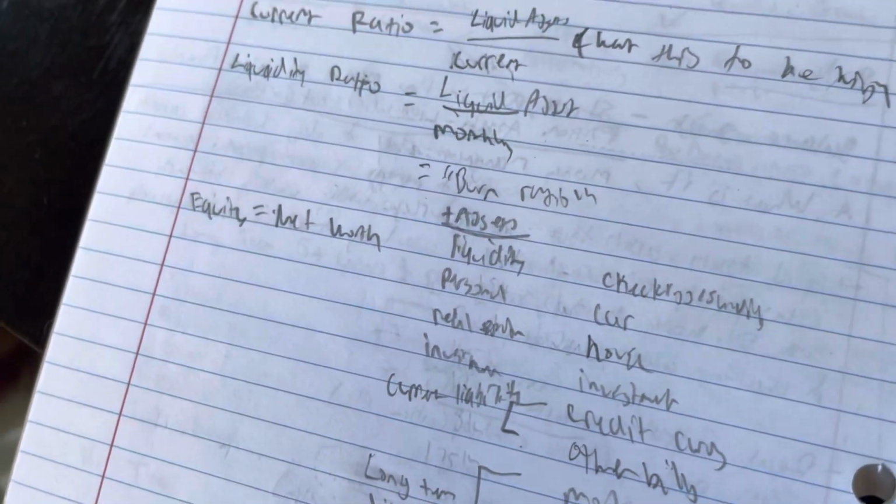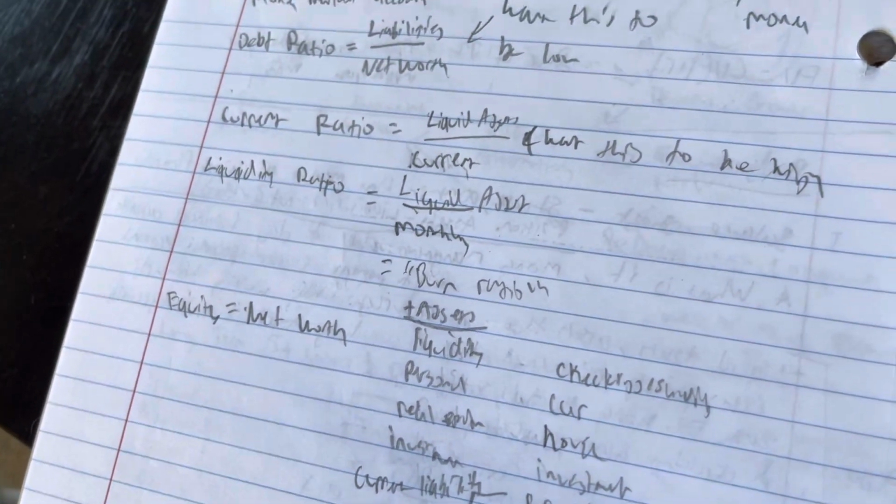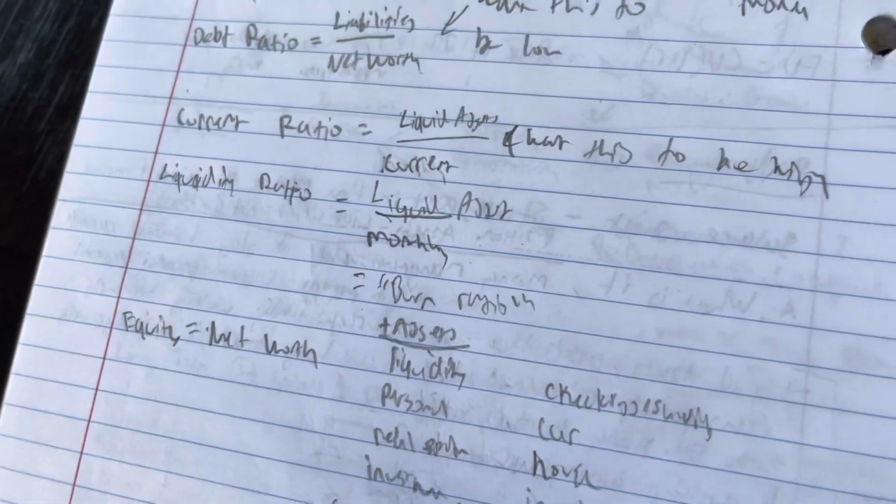Your equity is your net worth. Liquidity ratio? Liquid assets divided by